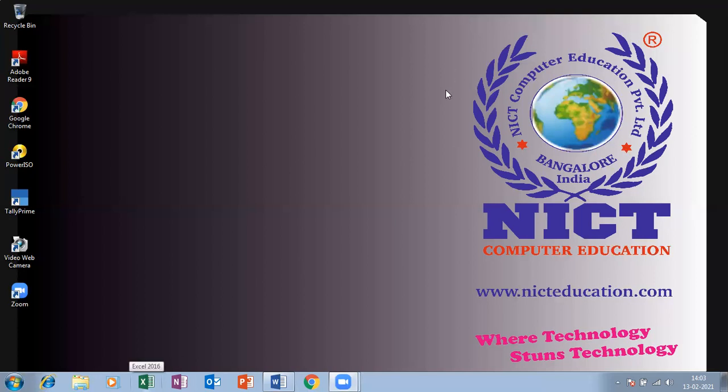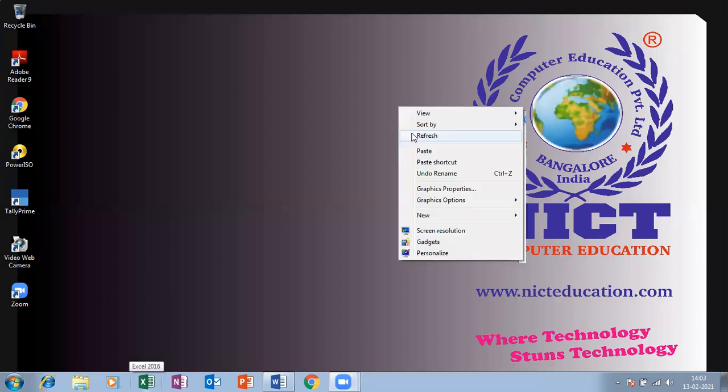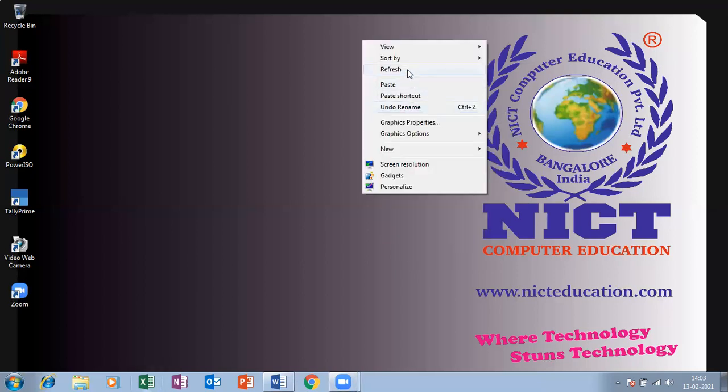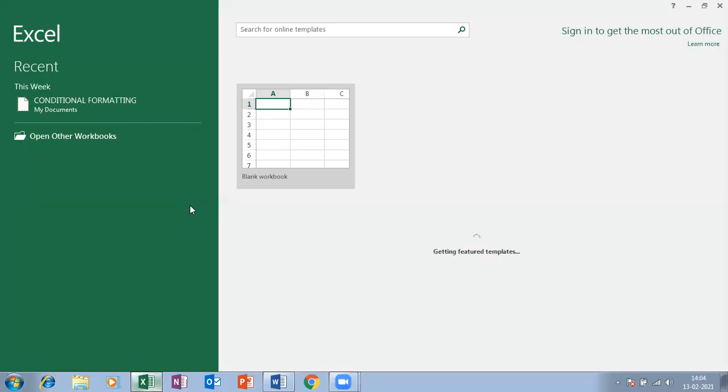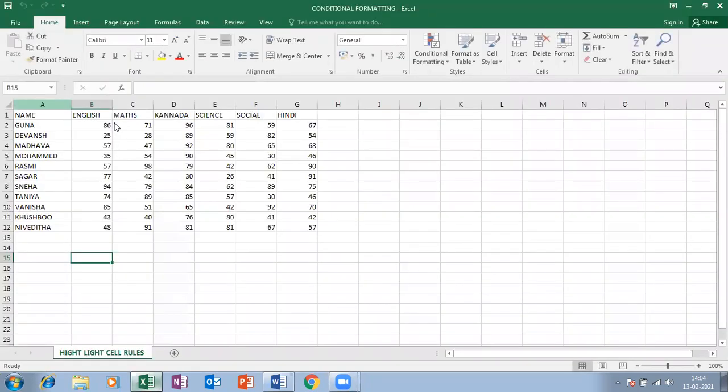Okay. So what have we done in our last session? I think we completed the format cells options, and we created a file on conditional formatting and saved that file in documents.